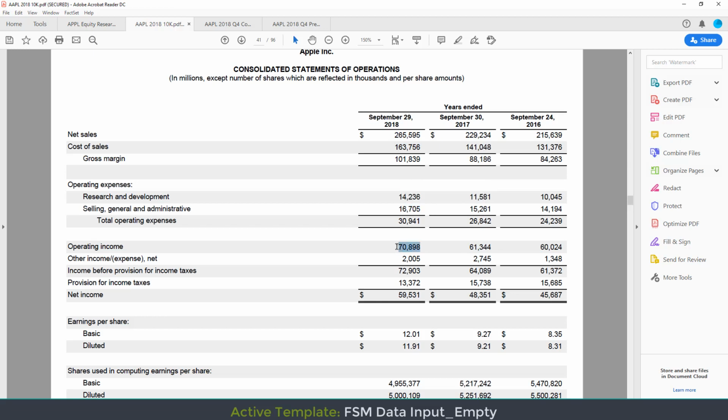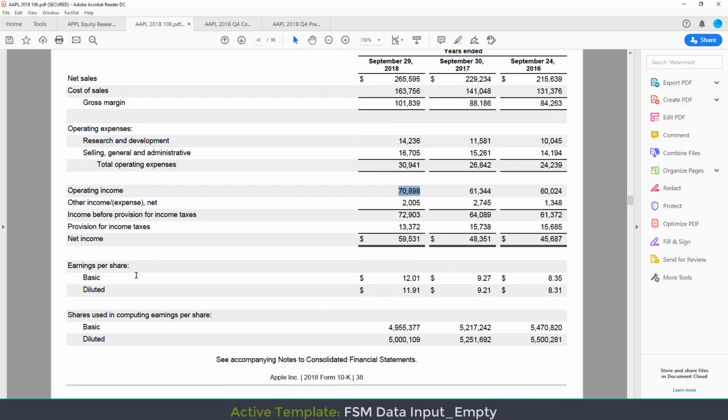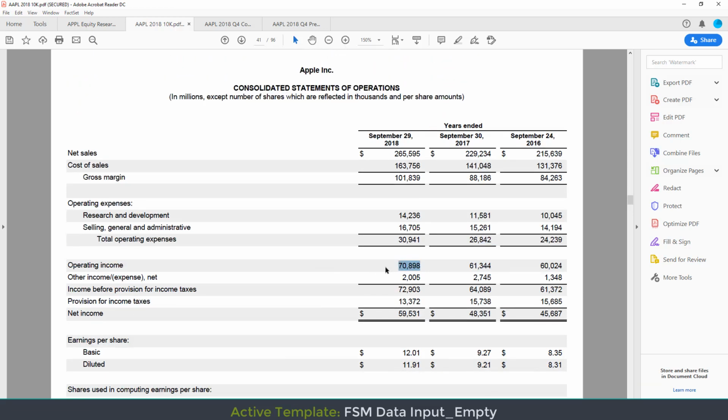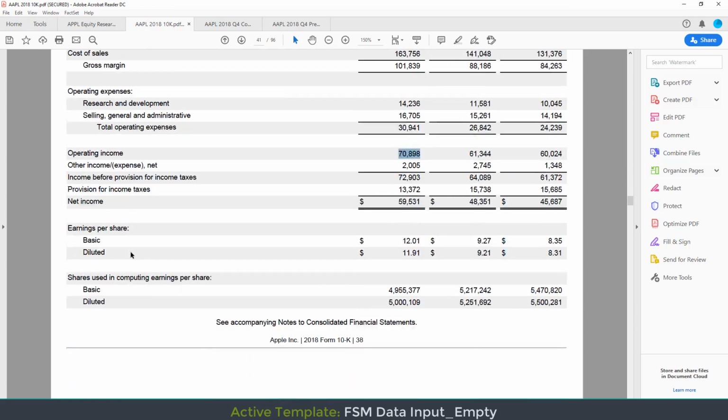A lot of times, analysts use EBITDA, in fact, it's the most common metric of financial profitability, and notice that Apple doesn't even disclose it. They don't even talk about it. What is EBITDA? What is operating income if you exclude all the junk that's in here? To figure out how much junk from depreciation, amortization, and potentially stock-based compensation is in there, we have to go to the cash flow statement,